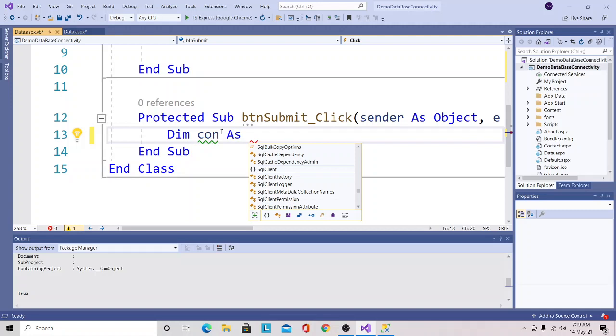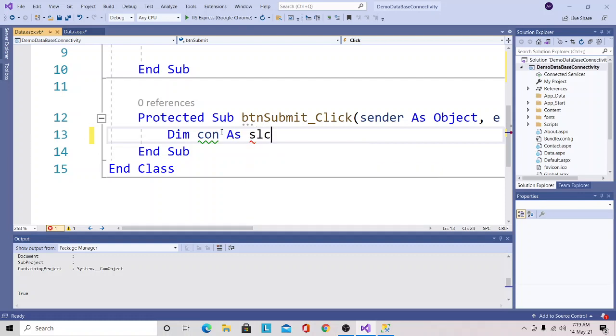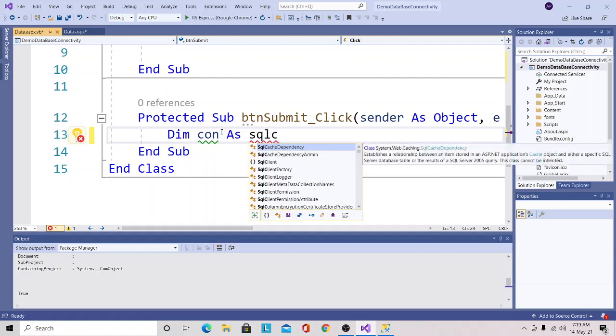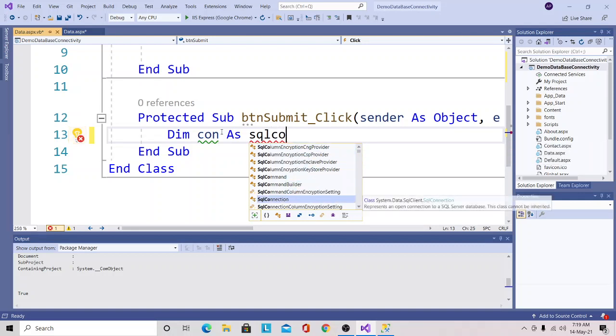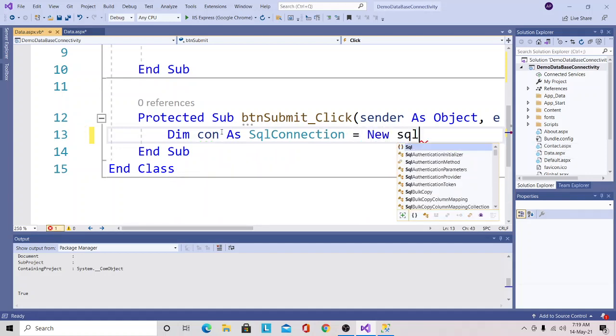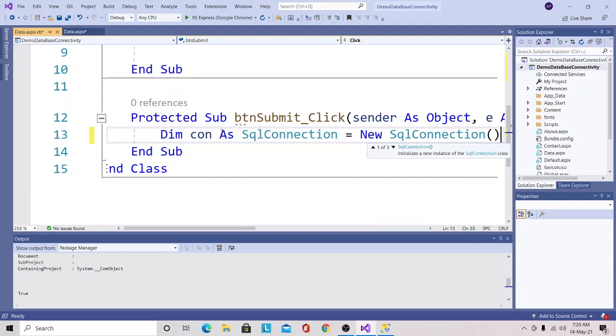Then the As keyword. Now here I will call the SqlConnection class: Dim con As SqlConnection = New SqlConnection(), open parenthesis, close parenthesis.